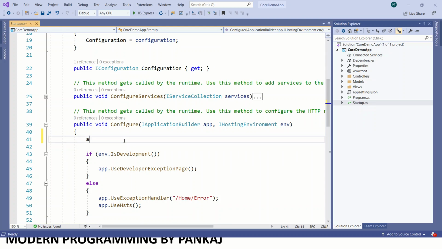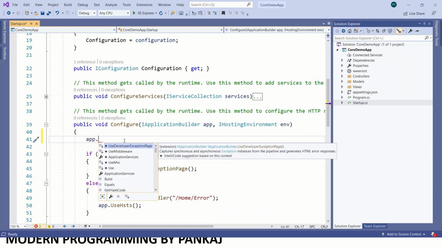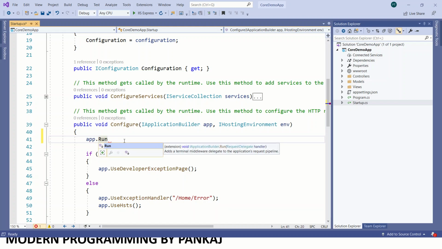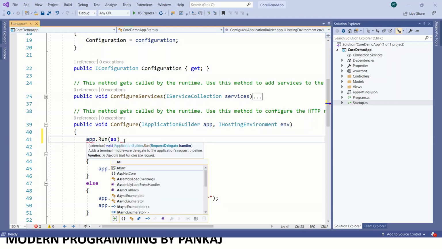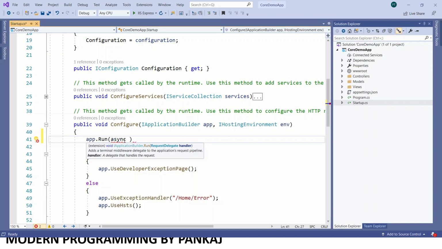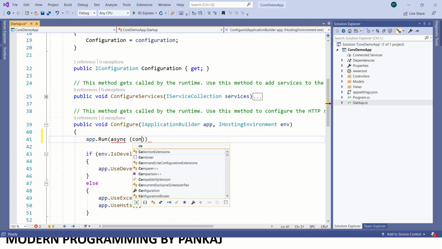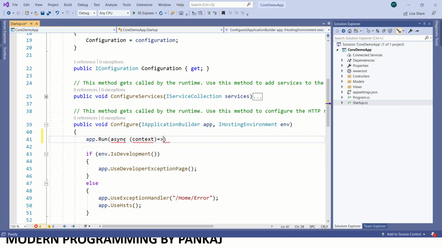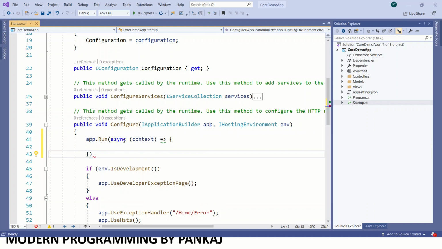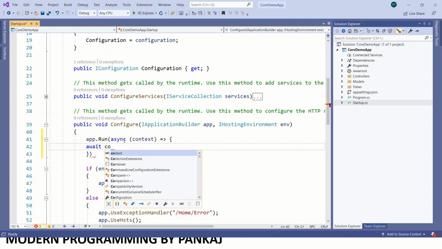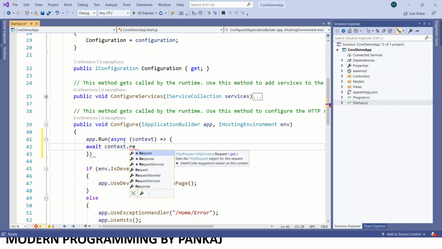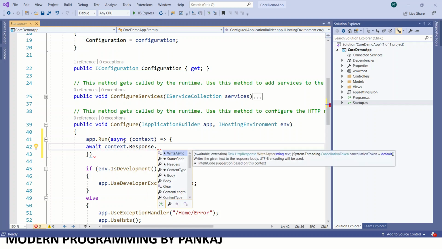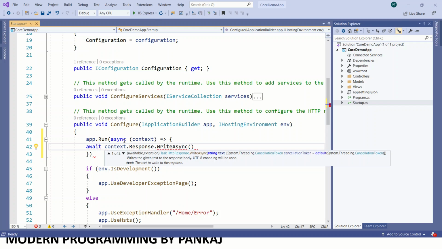Suppose I just want to use the run method, which will just use the context, and I will just write hello world. context.Response.WriteAsync, and here I'll just write hello world.